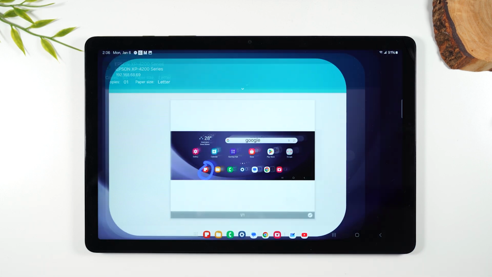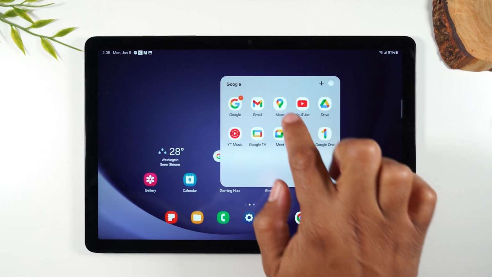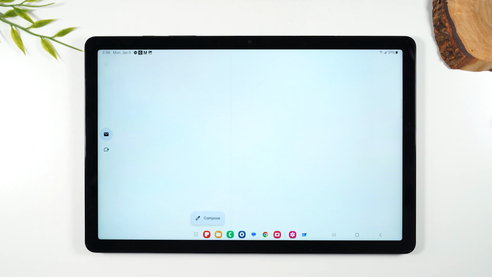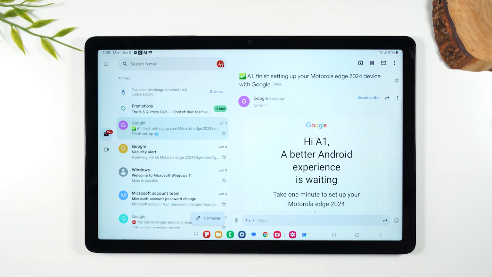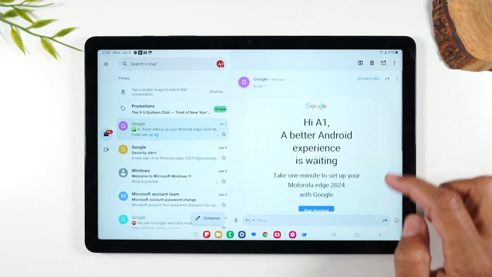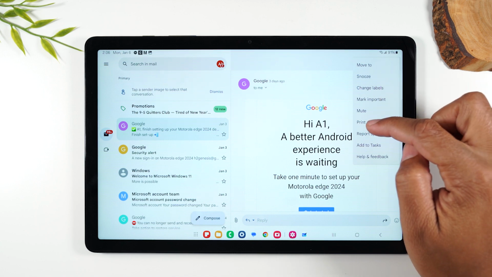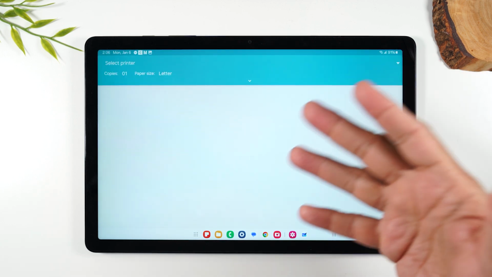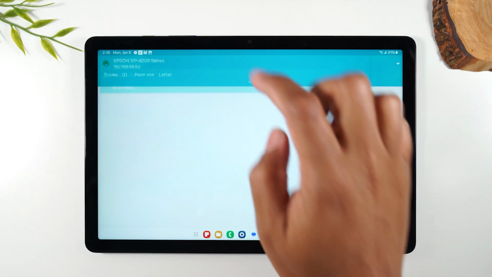Now, next, let's go over how to print an email. We're going to go to our Gmail app. Let's just select any email. I'm going to print this one here. I'm going to go to the upper right corner and tap on those 3 dots again. Come down to print, and it'll bring up the same options on screen. I'm going to select the printer, my Epson,